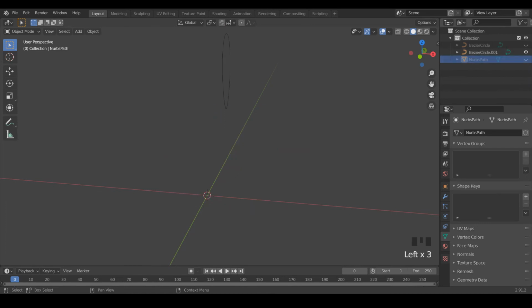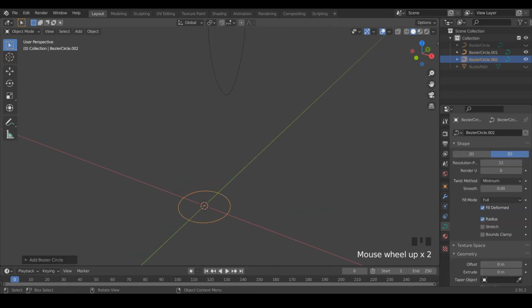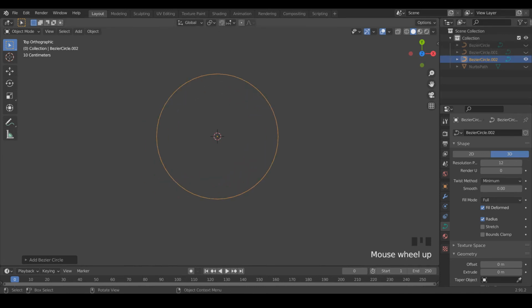We can hide our charm again. Then I'm going to create another circle that we're going to use for our decorative object. So I'm going to go into top-down view and just hide our curve for now.